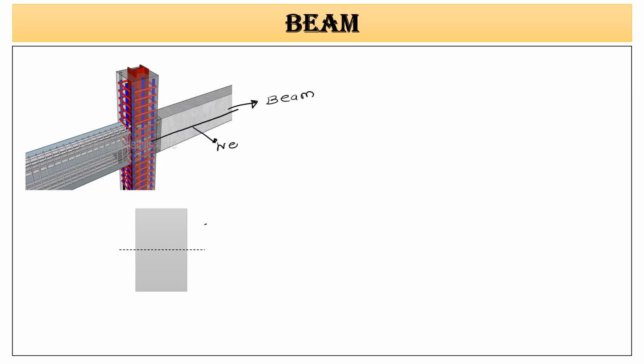Okay, so a beam is a horizontal structural member or a flexural member, because bending happens in a beam, and a beam carries transverse loading. A beam carries transverse loading along its neutral axis. Transverse loading is nothing but loading perpendicular to the neutral axis. So this is the beam. Then next,